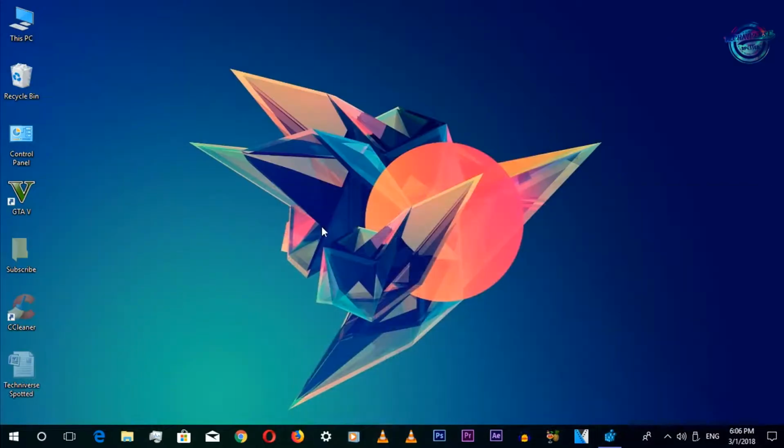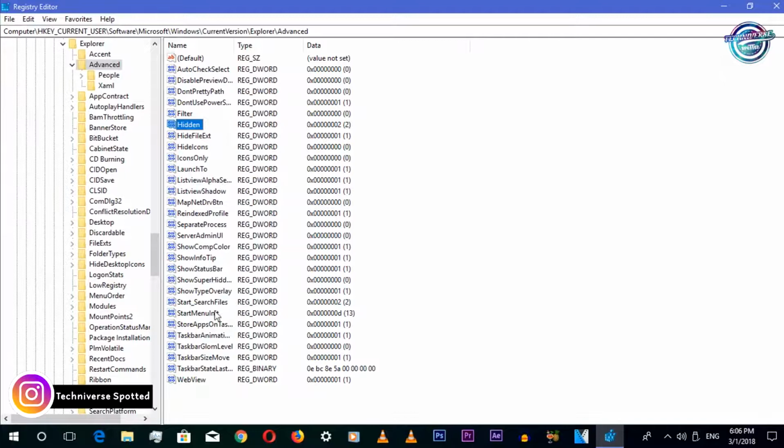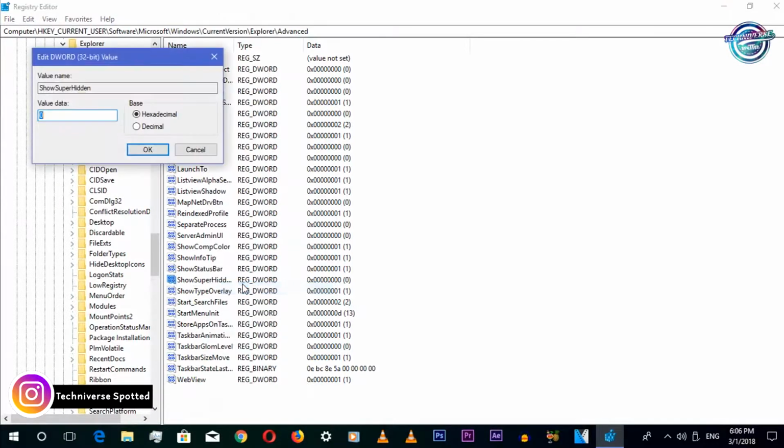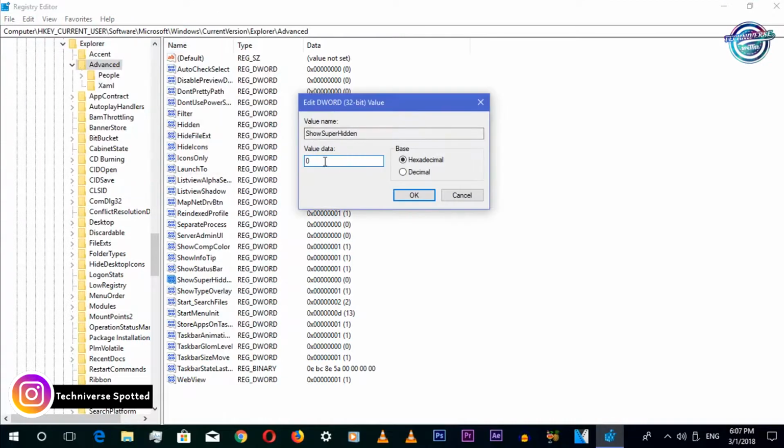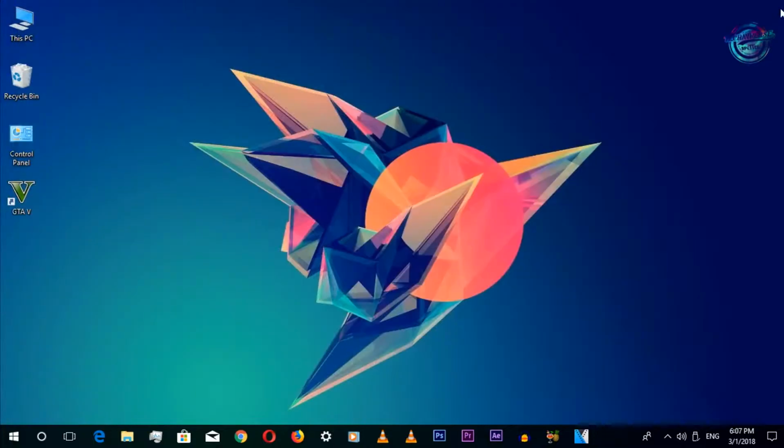If you want to play with the hidden files in the Windows OS, you just have to follow the step which I am going to tell you now. If you wish to see the files and folders of the operating system, you have to replace the Show Super Hidden option and turn the value to 1 by right clicking, and do the same to modify the settings as you did before. And again, if you don't wish to see the files, you just have to change the value to 2. So that's it for this video.